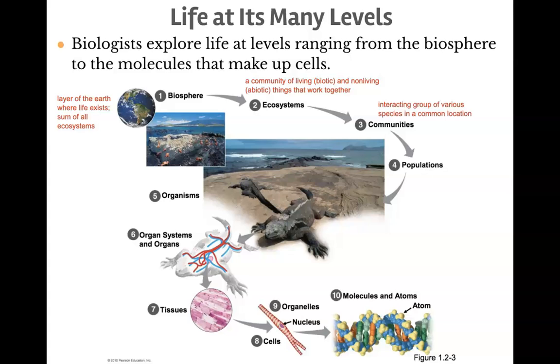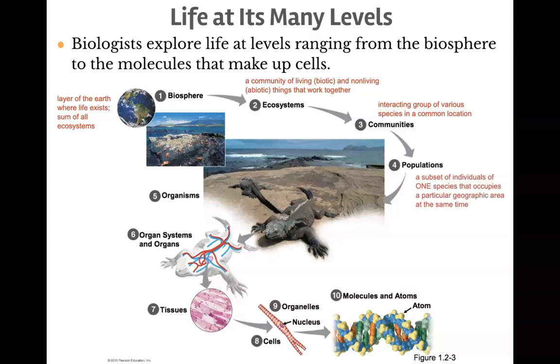Communities then, getting more specific as we go down these terms, are basically going to be an interacting group of various species in a common location. So here I'm showing you Galapagos Islands, some iguanas on those islands, the location of the Galapagos Island, and various different species living in that exact same location. Maybe the species consists of the different aquatic organisms right here in the water that I can't see, the bacteria that lives here, these iguanas for sure, I can see that, so forth. These are all various species in a common location. That is called a community.